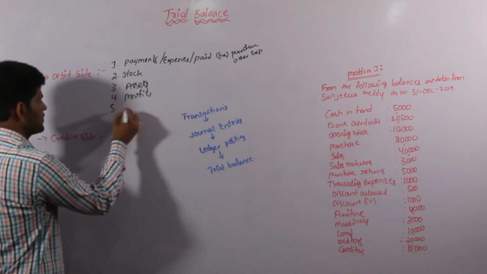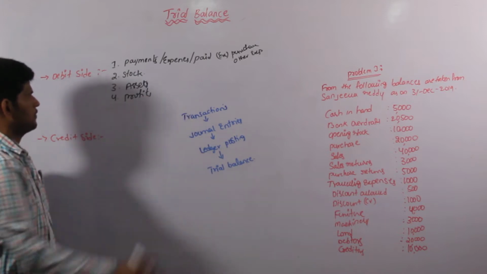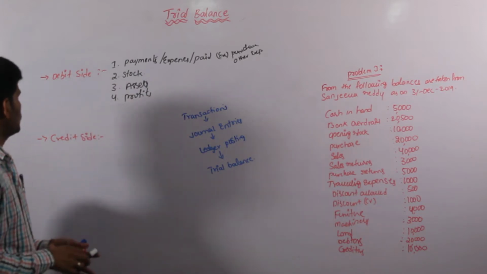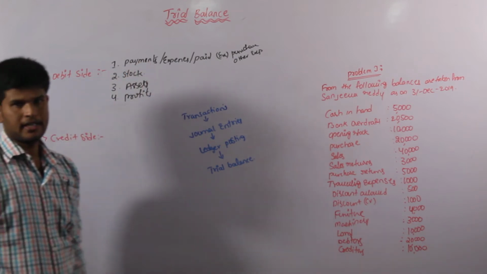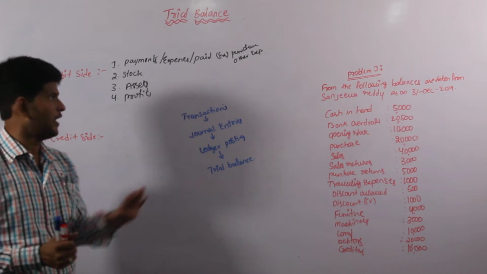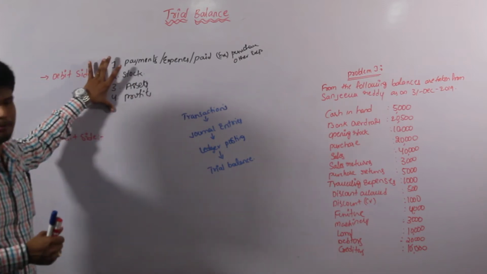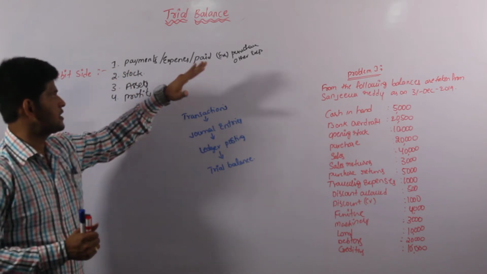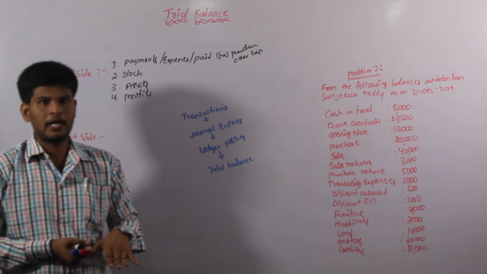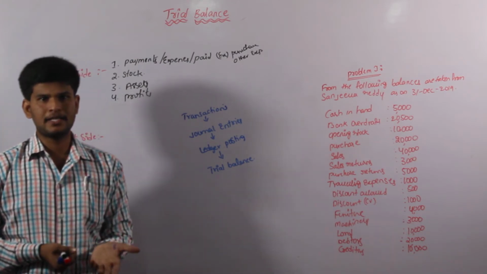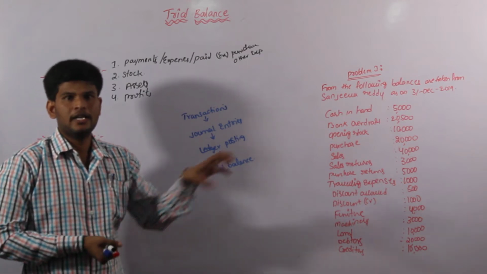Come to know the debit side values in our trial balance. On the debit side, first we have to identify which are payments. Not only identify, sequentially we have to enter by assuming these conditions for the debit side. Payments include expenses paid, purchase and other expenses, all expenses. Expenses are also of two types, direct expenses and indirect expenses. Always direct and indirect expenses will be on the debit side of the trial balance.